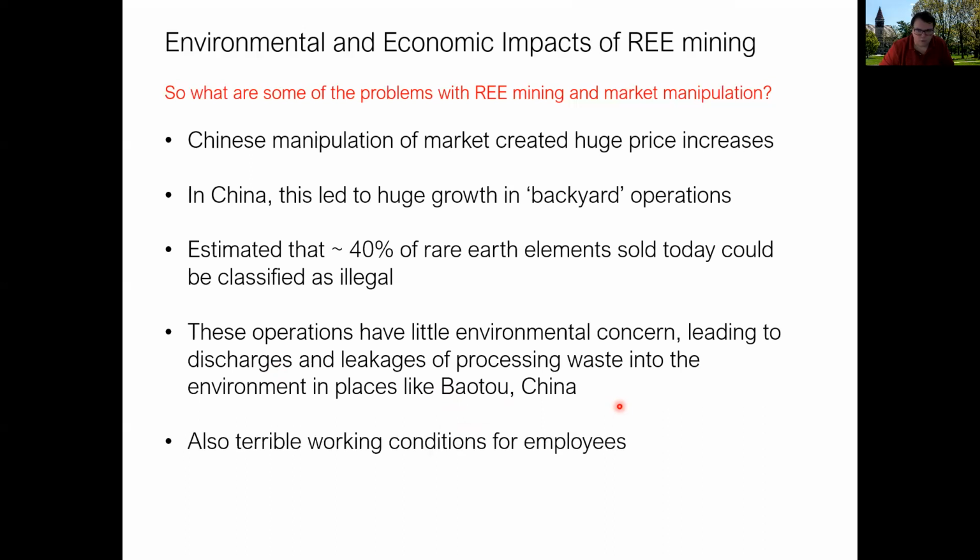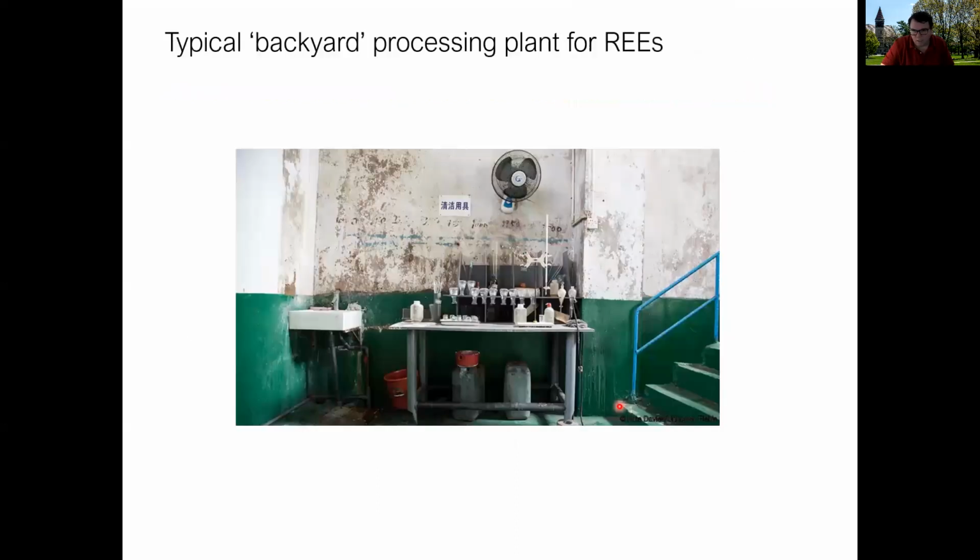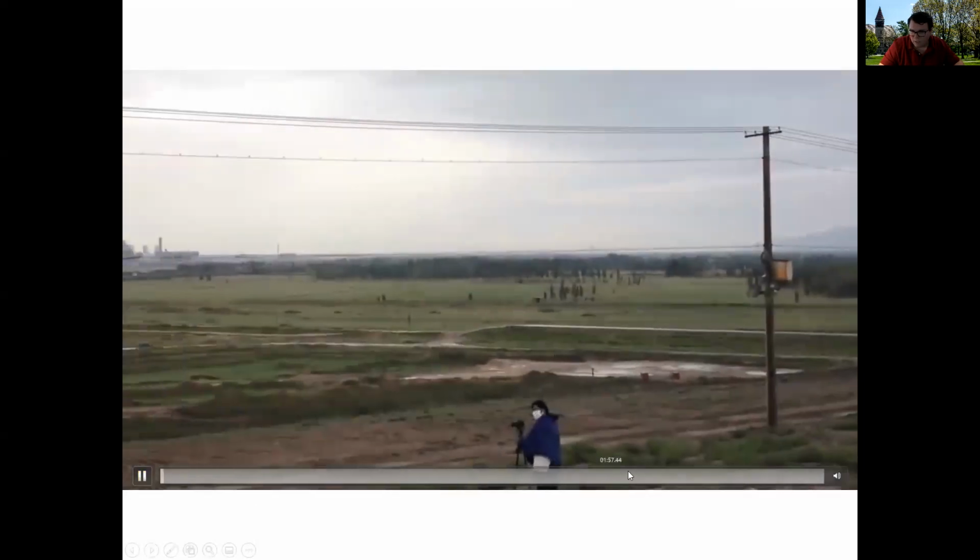Clearly, the working conditions for employees are not particularly good, and they're working with chemicals that, quite frankly, if we were going to use them in our labs here at Ohio State, we'd have to wear personal protective equipment, work in a fume hood, and have redundant policies in place. Typically, instead, what we're seeing is a bunch of acids, chemicals, and maybe a little fan blowing that away from you. These small scale artisanal mines are not exactly what we'd like to see for safety. So I'm going to play a little video here about rare earth elements in China.